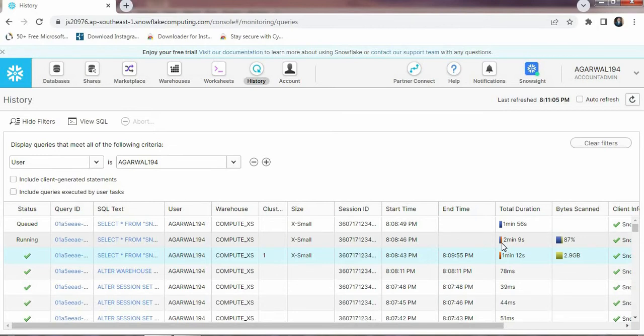We'll see it's completed. But see, execution time is 1 minute, but your queue time is 1 minute 8 seconds. Okay, means we have to wait. Here it will be more because it has to wait for both the queries. So this was also completed, and then we'll see that